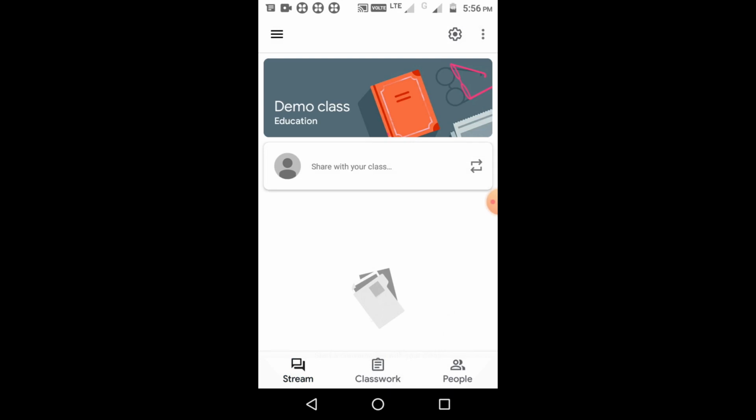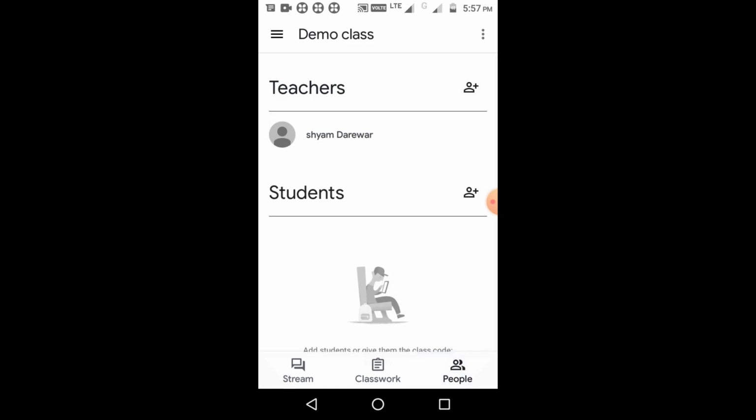At the bottom of this classroom, we have three options. First, we will start with the people option, which is available at the lower right corner. First we have to add the students to this classroom. Now there are two different methods through which you can add your students to this classroom. First, you can go to the people tab, which is available at the lower right corner. Here you have two options, teachers and students. If you want to add students to your classroom, at the right side of the student option we have a plus sign. Just click on this plus sign